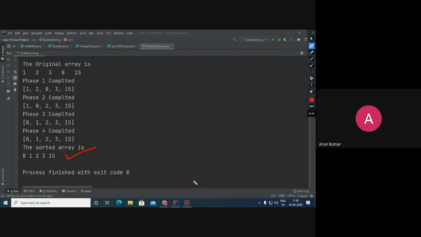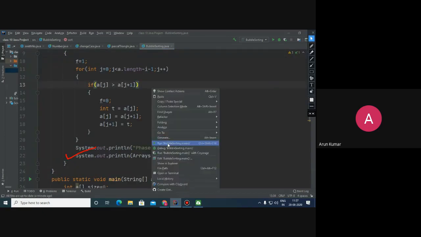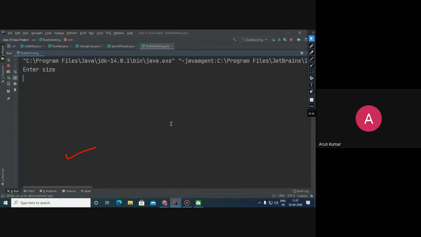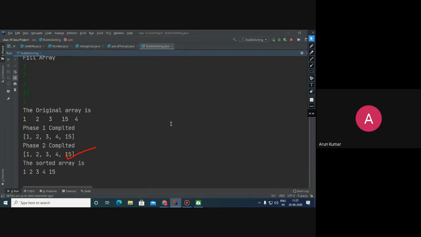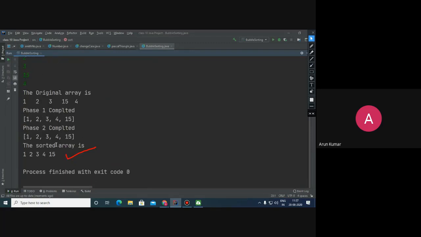And children, suppose one more example I am giving you. Suppose the size is 5: 1, 2, 3, 15 and 4. You see that after the second phase we got the array sorted. Actually, in the first phase only we got the array sorted, but in the second phase the algorithm was checking whether it is sorted or not.